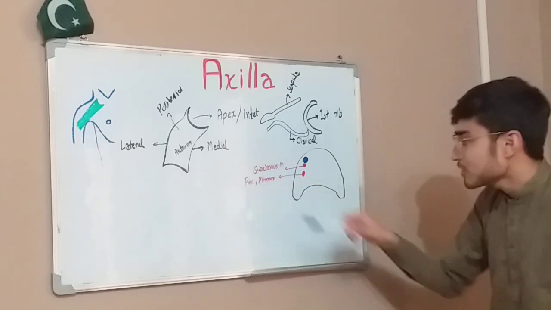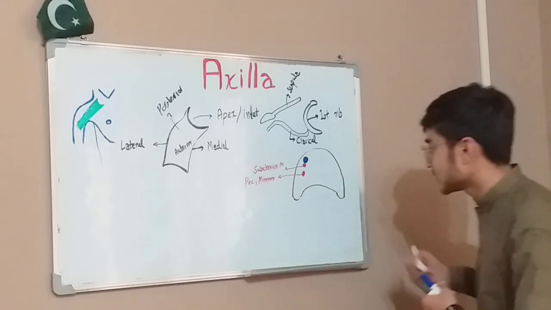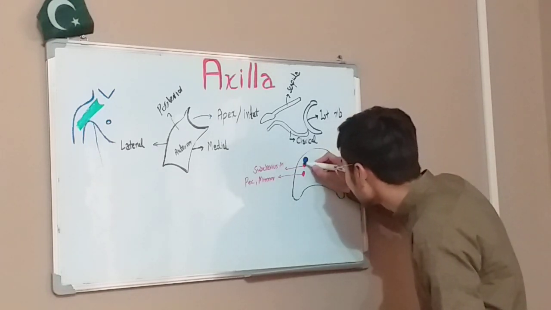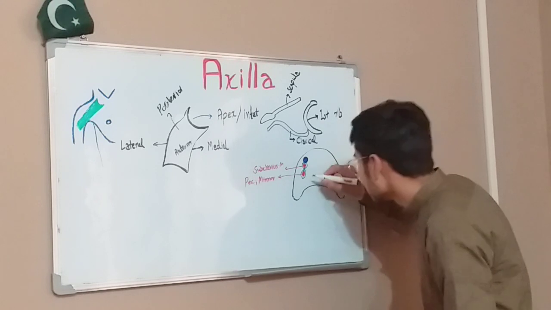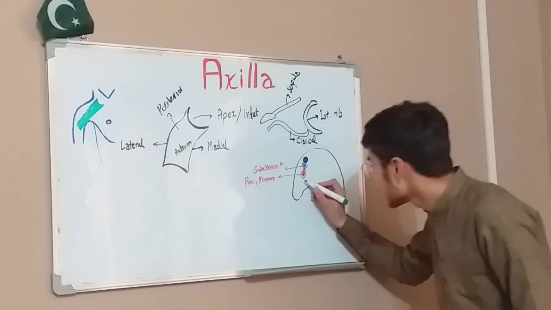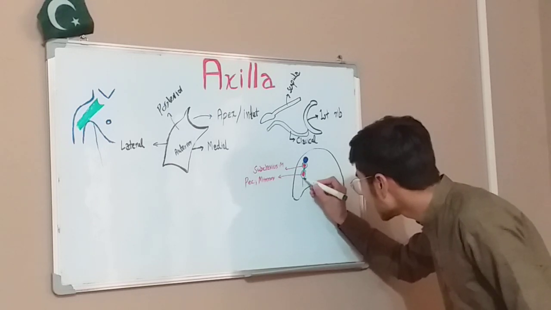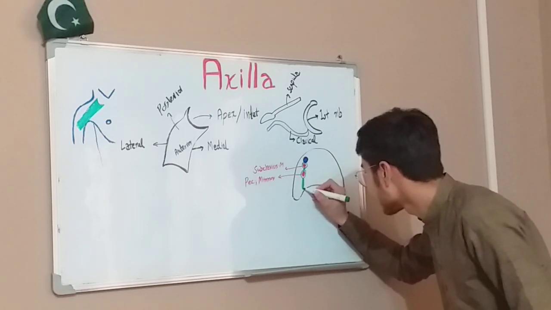Actually, both the subclavius muscle and the pectoralis minor muscle are enclosed by a fascia. This fascia is called the clavipectoral fascia, and this clavipectoral fascia then descends down to the axilla,